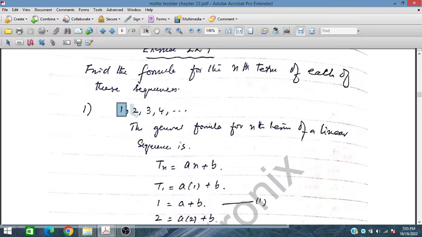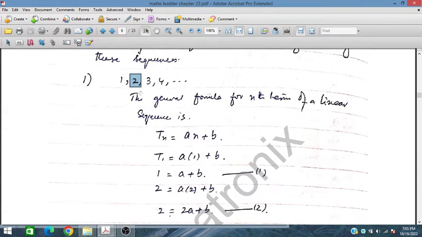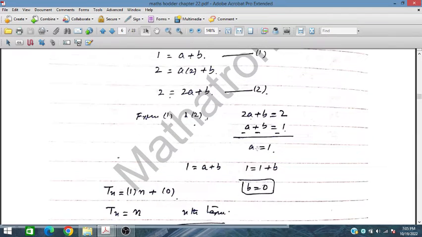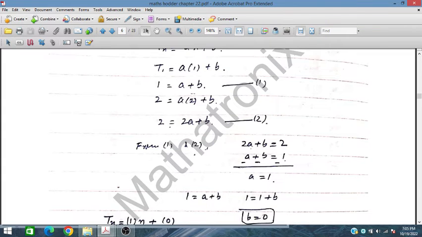For term number 2, here we have n is equal to 2, and for n is equal to 2 we have 2a plus b. So here we have one equation and two, to solve simultaneously to get a and b. So we will solve equation number 1 and 2 simultaneously to get the value of a and b. So by subtracting equation number 1 from 2,